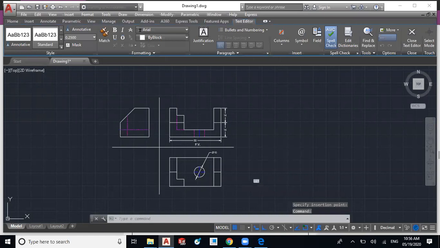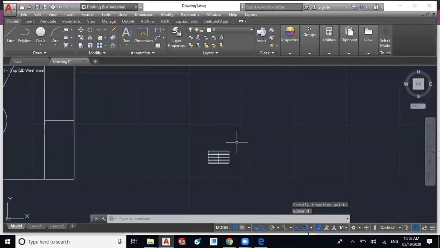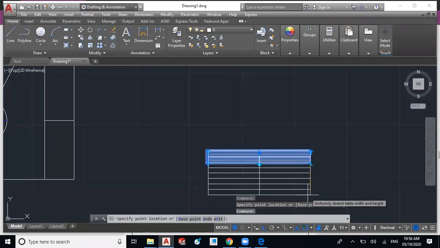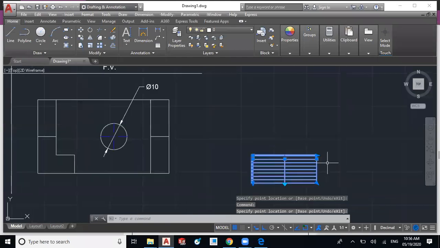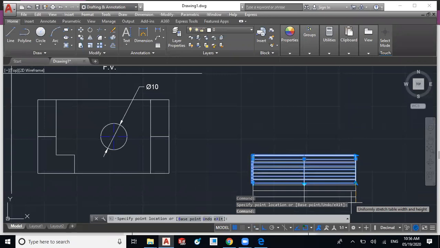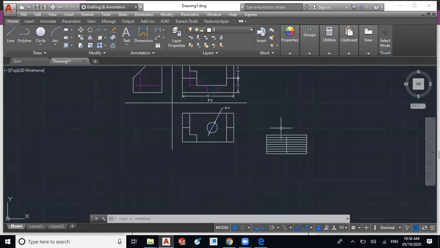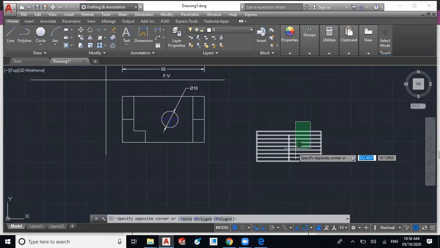And we have to resize this table by using vertices. Okay, like this we can resize it. So resize this table and just give the inputs in this table. Just you have to remember, before inserting the table you have to set these properties of the lines, and you have to take care about the table.